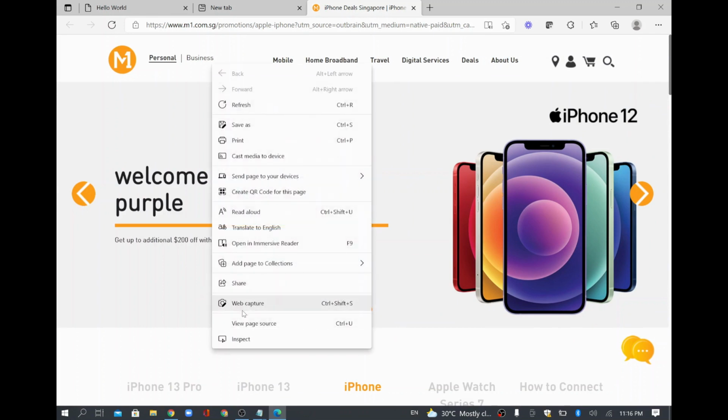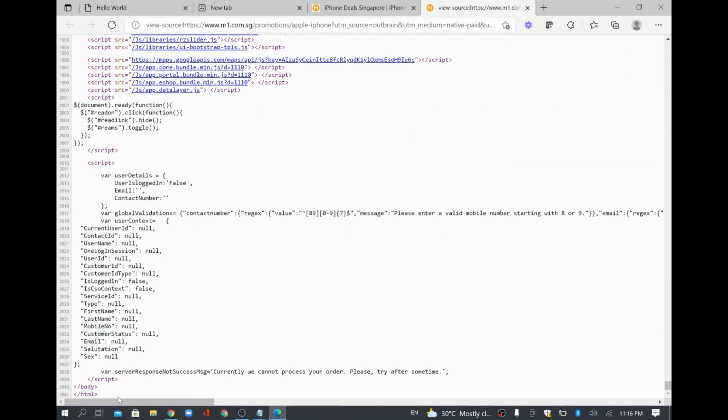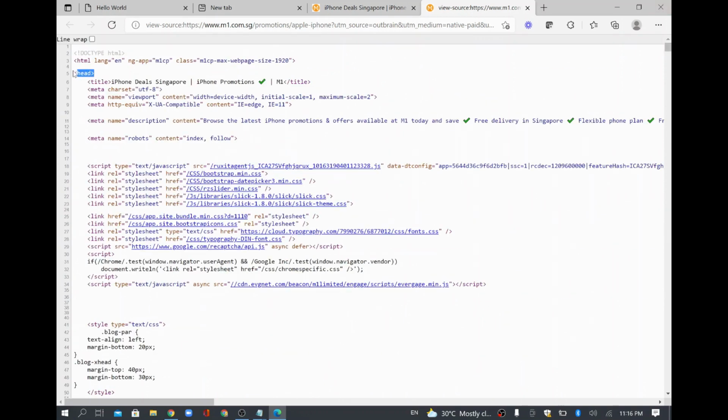Even if you wanted to see the page source, you can right click and view source. It will start with your declaration tag. See here, declaration tag, and whatever is starting with the HTML, and at the end the HTML tag will be closed. And inside that you will have a body where you will have the main content, and if you wanted to write any title, right, you have to put it in the header, which is called head, and then you have a title. So these kinds of things, right?